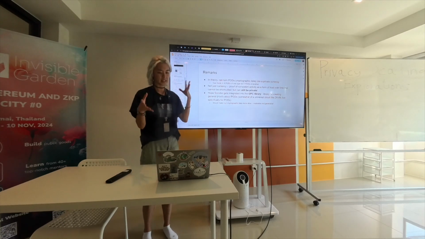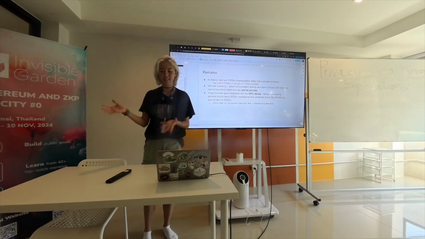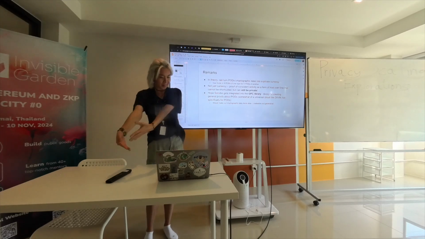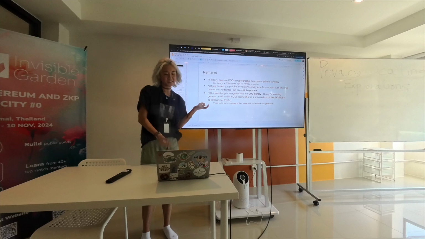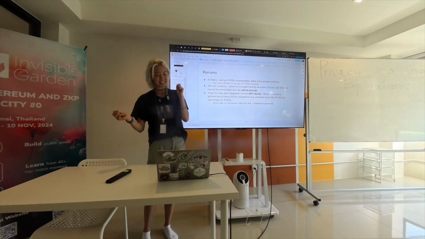But yeah, so some higher level remarks about what's going on. Even though it's not super practical in the browser yet, I've been thinking about what this would mean in the future once it becomes practical. So in theory, this can turn pods into a private currency where you can trade